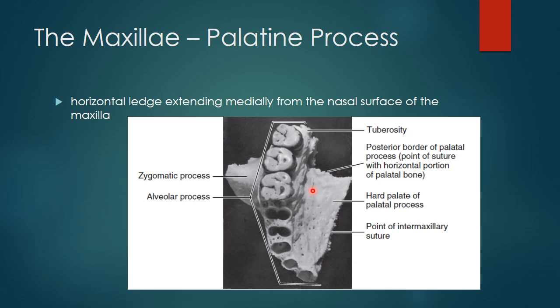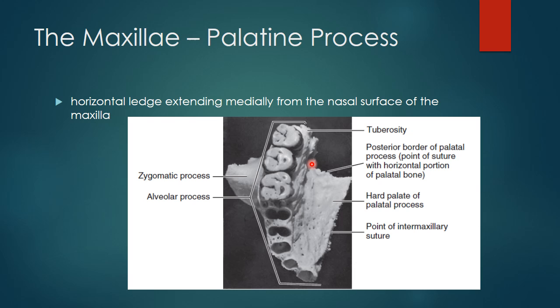They articulate as far posteriorly as the second molar with the horizontal parts of the palatine bone at the transverse palatine suture. The inferior surface of the palatine process is rough and pitted for the palatine mucous glands in the roof of the mouth and is pierced by numerous small foramina for the passage of blood vessels or nerve fibers, just like here. At the posterior border of the process is a groove or canal that passes the greater palatine nerve and vessels to the palatal soft tissue.